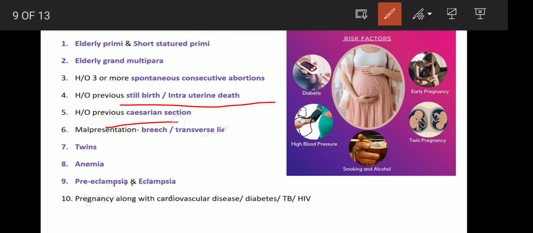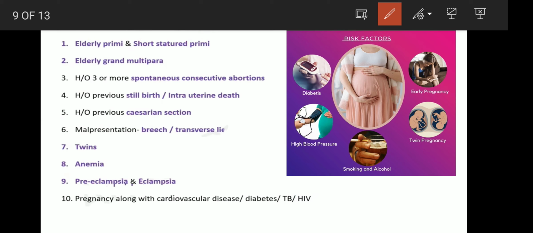History of previous C-section. If the mother has undergone a C-section, and it was not a full-term normal delivery but instead a cesarean section operation, then if there is a previous cesarean section, she falls under the risk approach. And then